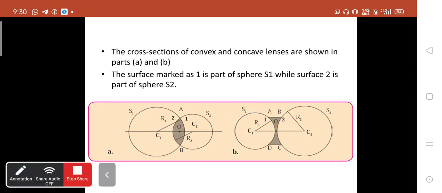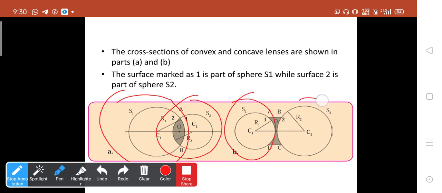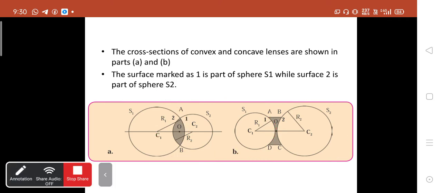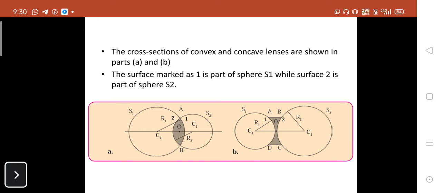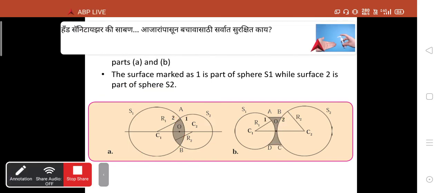See carefully, the surface marked 1 is a part of S1. ये जो S1 है ये वाला स्पीयर है। S2 ये वाला स्पीयर है। ठीक है, अभी यहाँ पे the surface marked 1 is a part of S1, while the surface 2 is a part of sphere 2. तो ये जो पार्ट 2 है वो S2 का पार्ट है और जो पार्ट 1 है वो S1 का पार्ट है।